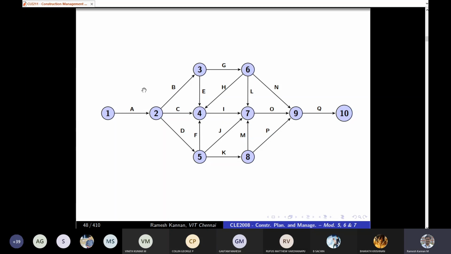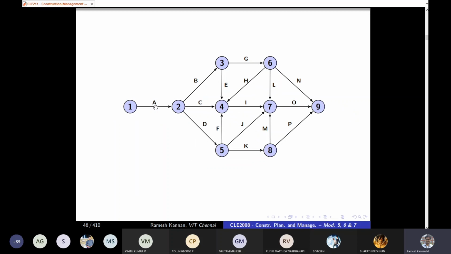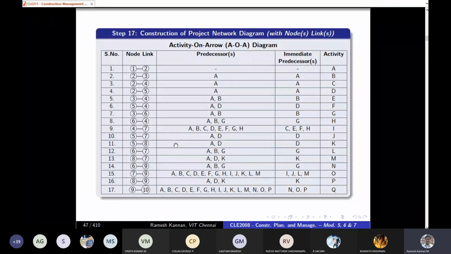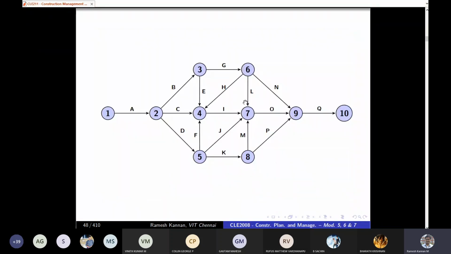But as of now, understand Fulkerson's rule of numbering events. Since we have given node links here, it doesn't have any issue at all. But if node links are not given, you have to construct the nodes in such a way that the least of all the numbers is the start event or the start node, and the maximum of all these numbers will be the end node. So you cannot have 10 here and 9 here. You can only have 10 here because that represents the end of a project. So that's rule number one.